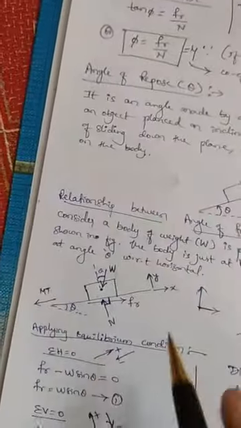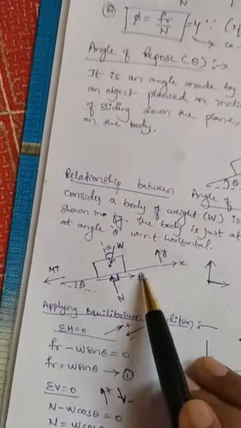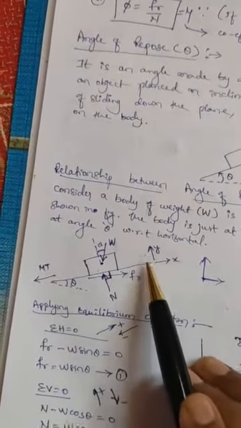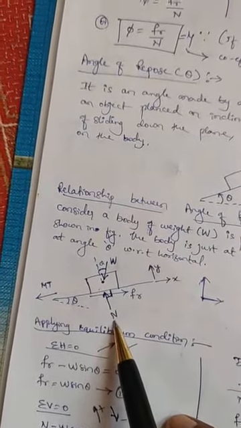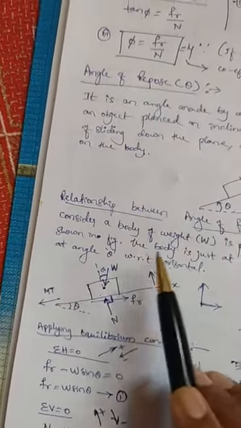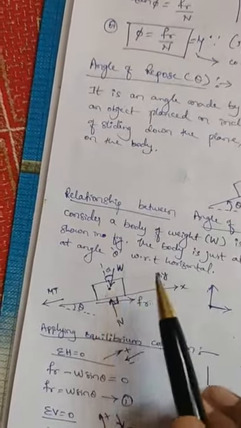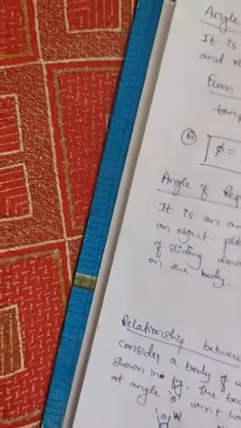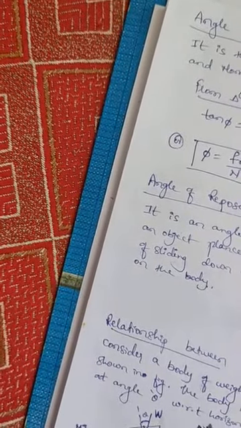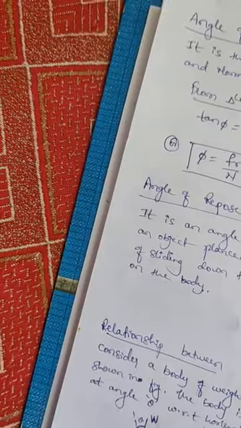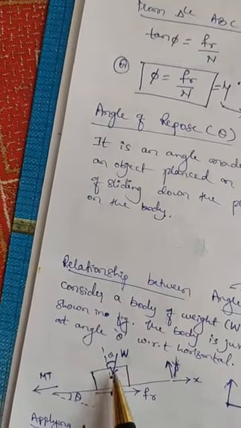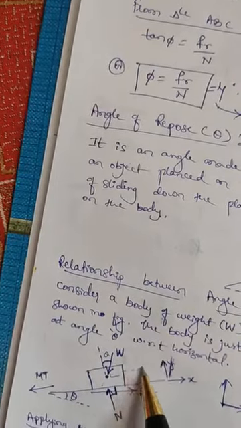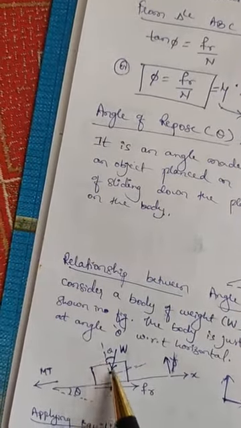Now what I have done? Look at here. In this case our x-axis is parallel to the plane, y-axis is perpendicular to the plane. So FR is acting along x, no issue. N is acting along this y, no issue. Whereas this W is inclined. It is in between these two. It is something like this. So this inclined force has to be brought along this dotted line and along this, because this is our x-axis and this is our y-axis in this case. So I have brought it here.